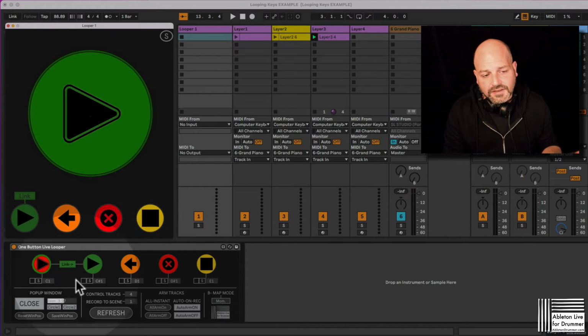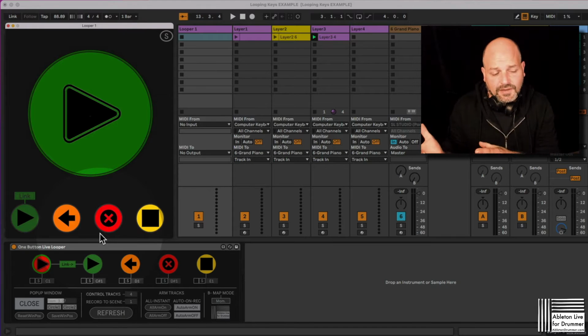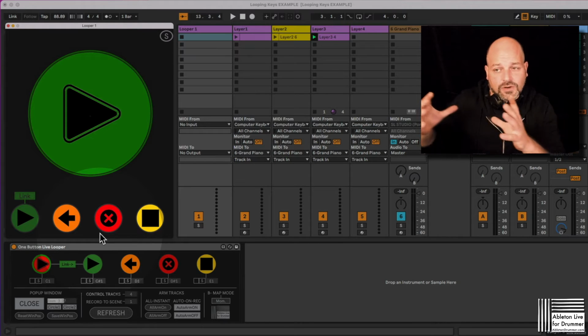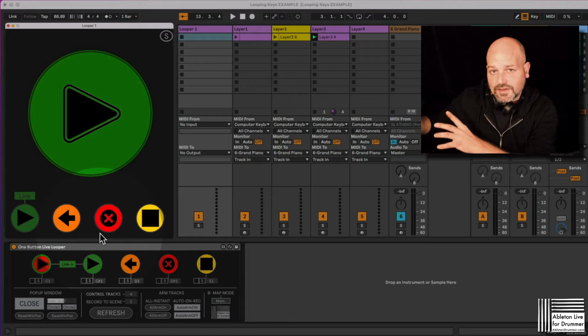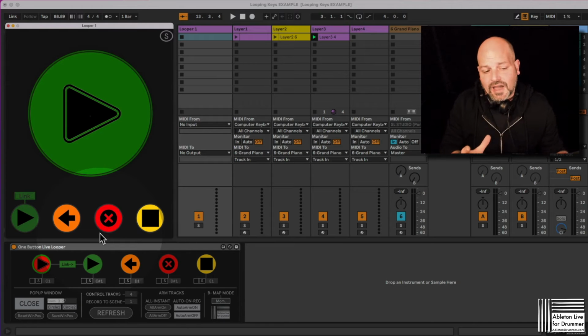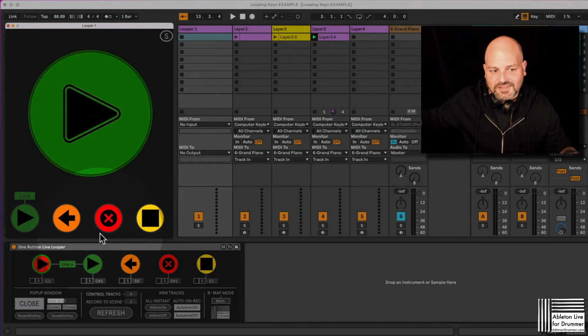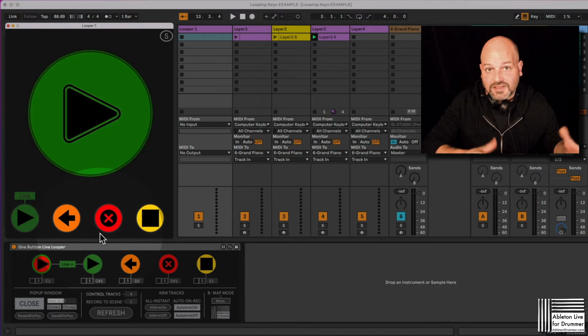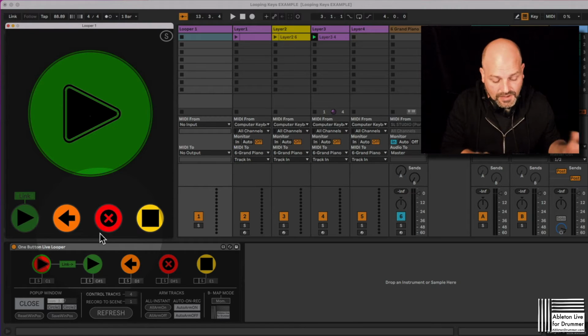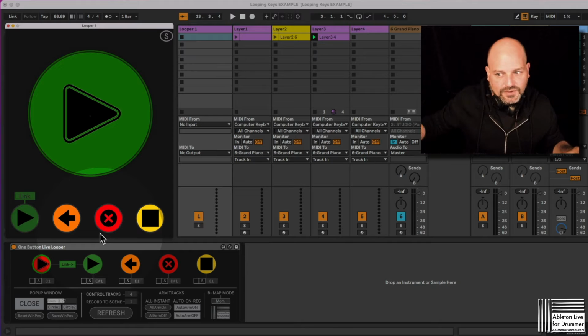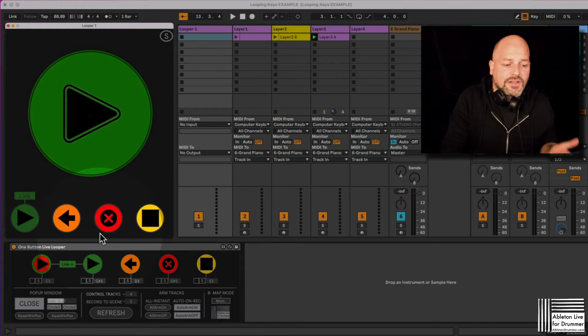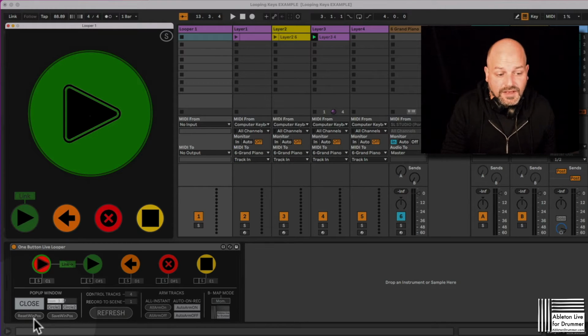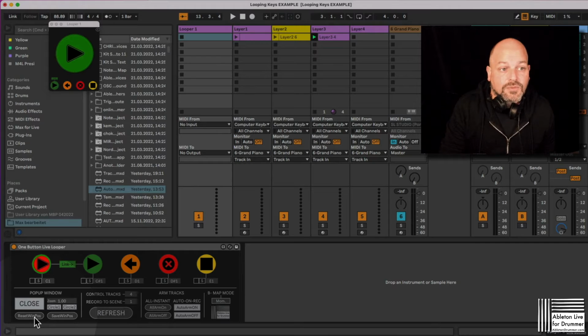If for any reason, maybe you're using a second screen in the studio and you have all your looper devices on the second screen, and then you play a show, and at your show you don't have a second screen, you're just using your MacBook Pro or your laptop, and then all the windows are stored somewhere on a screen which isn't available because you're not bringing your second screen to the show, then you might just want to press reset window position down below here, and it will set it back to the original